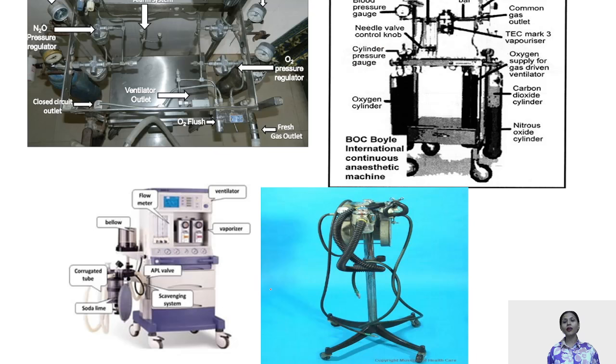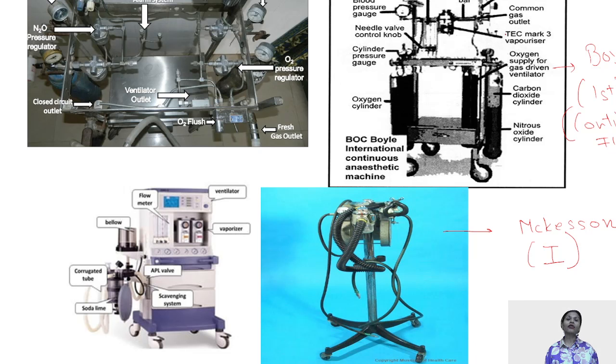See, this is Mackensen. These days, image-based questions have become very popular, so please look at it very carefully. This machine is the Mackensen machine. The Mackensen machine was meant to deliver intermittent flow of anesthesia. And this is the Boyle's machine, which was the first machine to develop the continuous flow of anesthesia delivery system. It gave us continuous flow of anesthesia. It was made by Henry Edmund Gaskell Boyle.